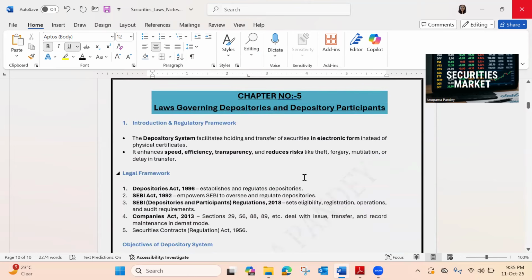So our chapter's name is Laws Governing Depositories and Depository Participants. What is their introduction? The depository system facilitates the holding and transfer of securities in electronic form instead of physical certificates. It enhances speed, efficiency, transparency, and also reduces the risk of theft, forgery, mutilation, or delay in transfer